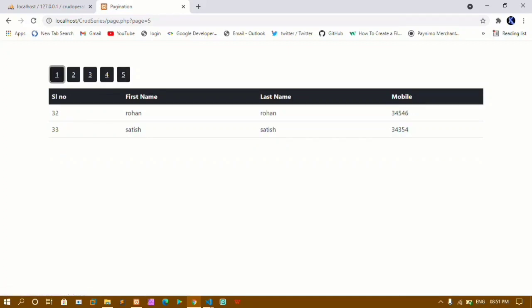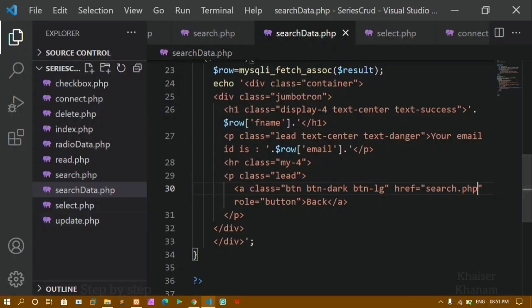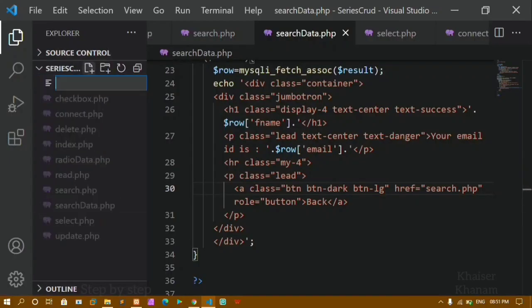How to create this simple pagination, and we are going to continue with our series. But this we are going to write completely from scratch. Here I will just keep this demo. Inside this CRUD series, I am just going to create one file. I will give my file name as